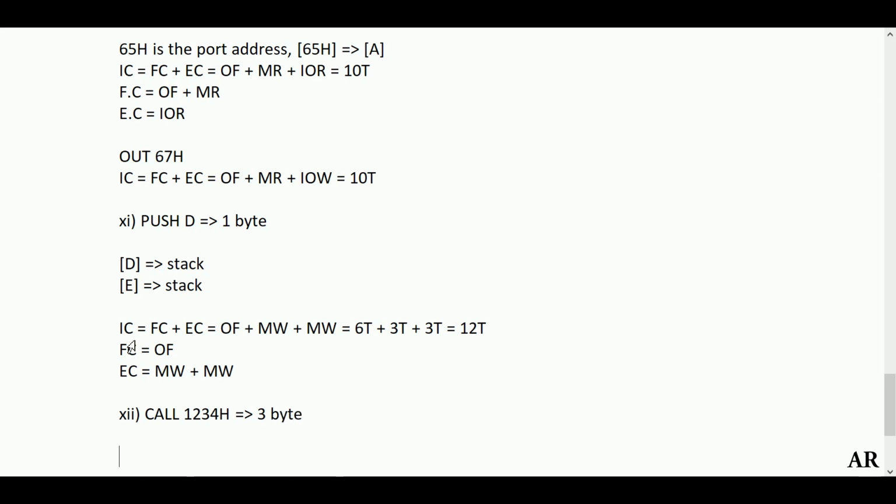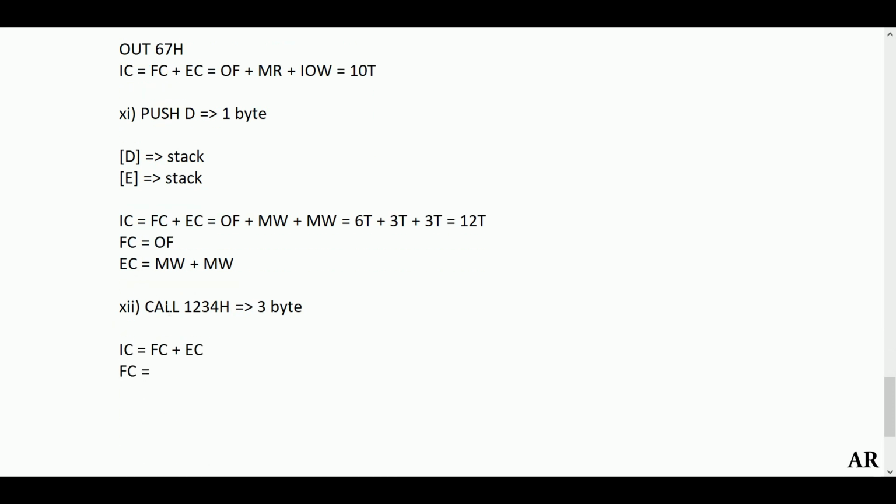In order to determine the instruction cycle, the same method will be followed. It will comprise fetching the call instruction, that is your opcode fetch. Then the lower byte will be read, so it is memory read. Then the higher byte will be read, so 2 times memory read plus memory read. What about the execute cycle? The execute cycle will have to send the program counter value onto the stack, because call is basically a function call. Therefore, the program counter value has to be saved, so that once the function gets executed, it needs to return back to the same position where the microprocessor was executing.